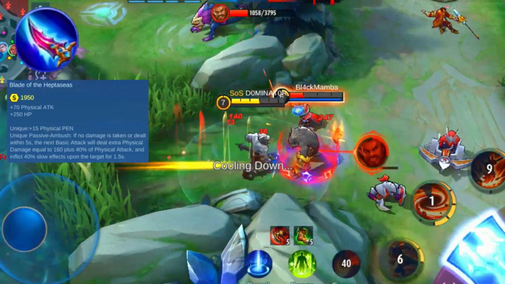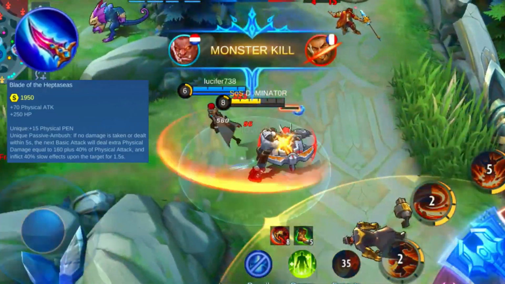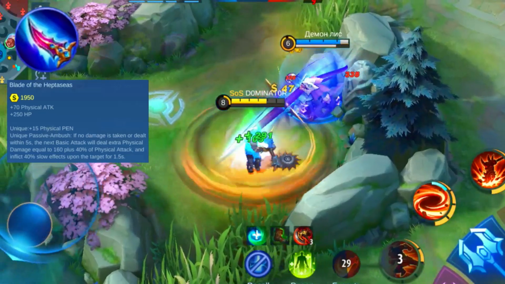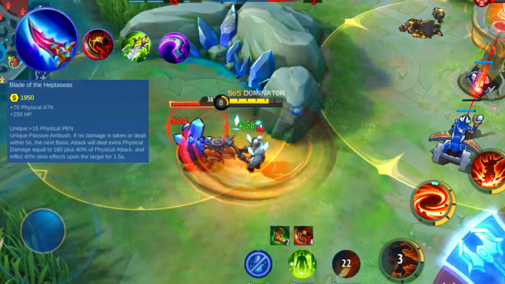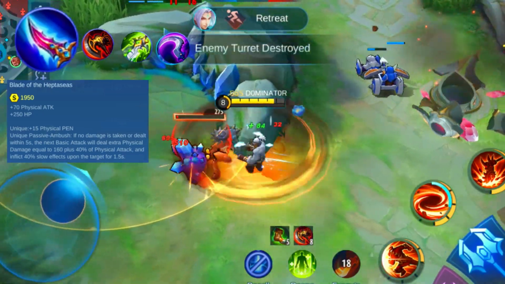The damage is 160 plus 40% of your physical attack. This effect also slows down the target by 40% for 1.5 seconds. This item is great in combination with high attack damage items, since it increases the extra damage of this item. Items like the War Axe, Blade of Despair and Hunter Strike are great items to further increase the damage of